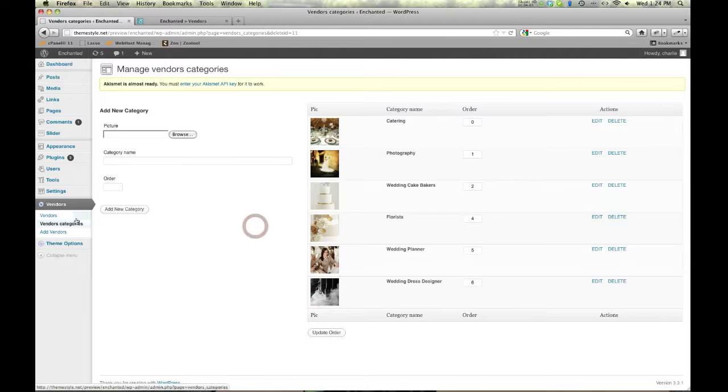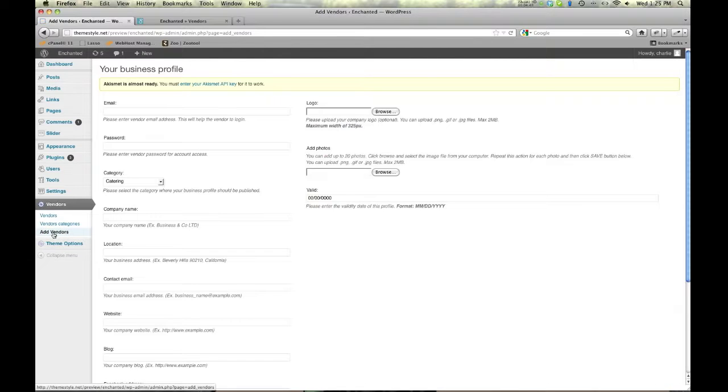Alright, next what we want to look at is the vendors, actually adding a vendor. So someone's emailed you, whatever your system is, they've contacted you, saying, hey, I want to list on your website, I want to set up a listing, can you help me? What you're going to need to do is gather their information, and then you're going to need to come in here and enter it. So first thing we would do with the email,